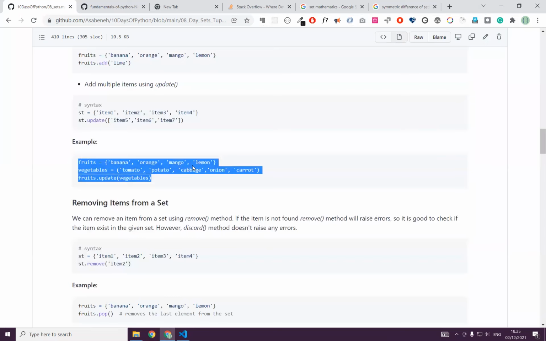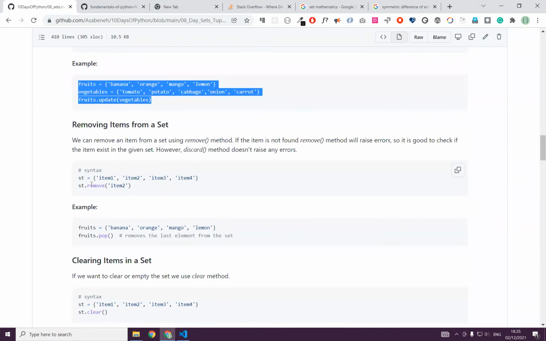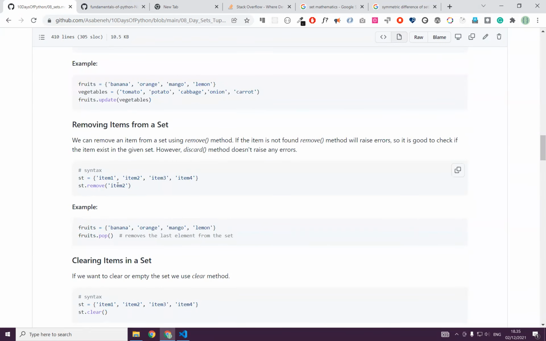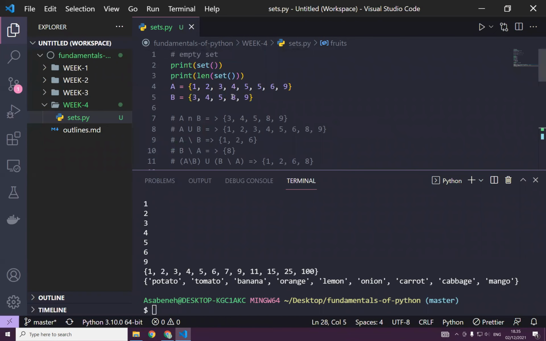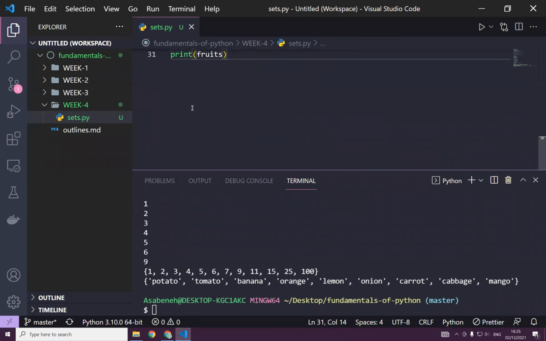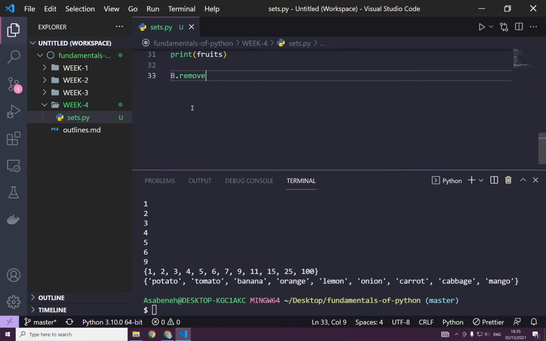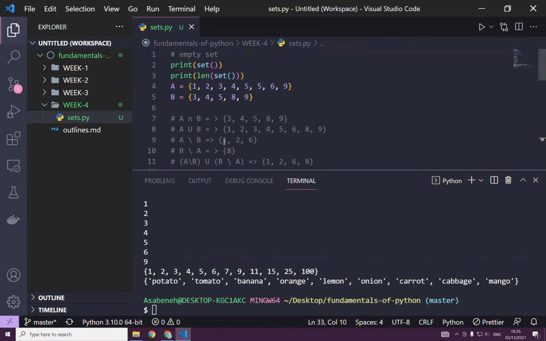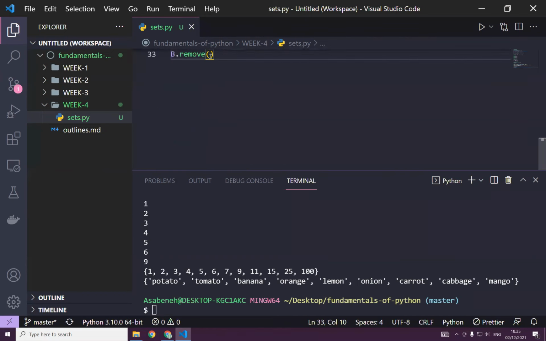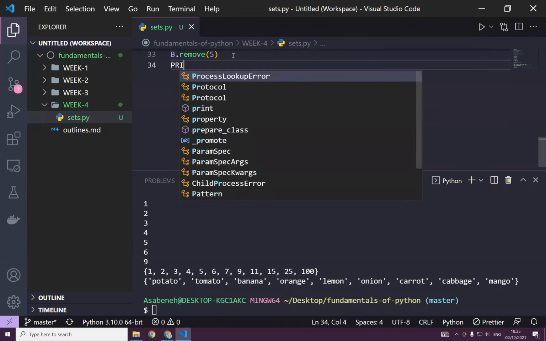Removing an item, can we remove? Yes, you can use the remove method and you have to call the item. So for instance, we didn't touch B so far. Let's touch B. B dot remove from set B. Which do you want to remove? Let's remove 5 from here. Okay, so you just put 5 and now print